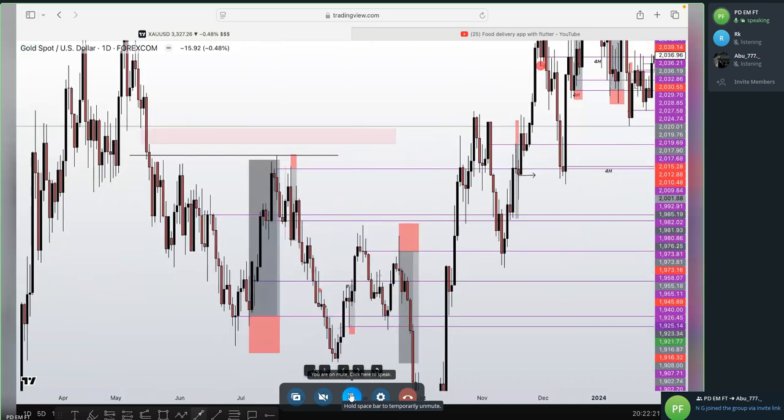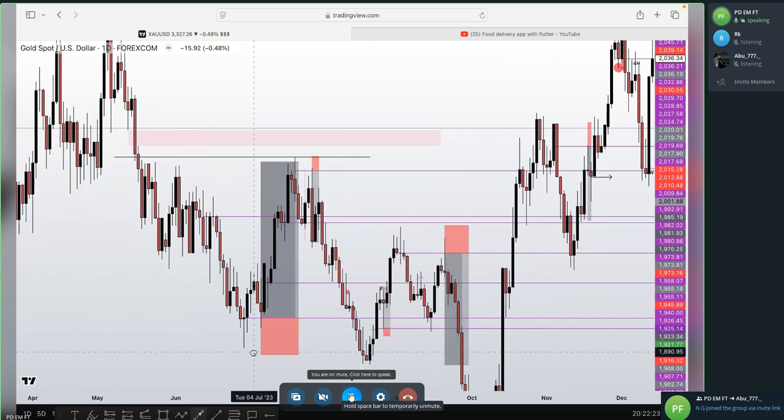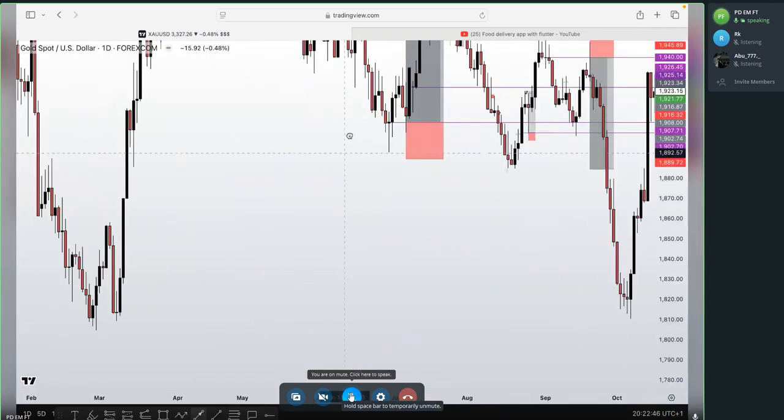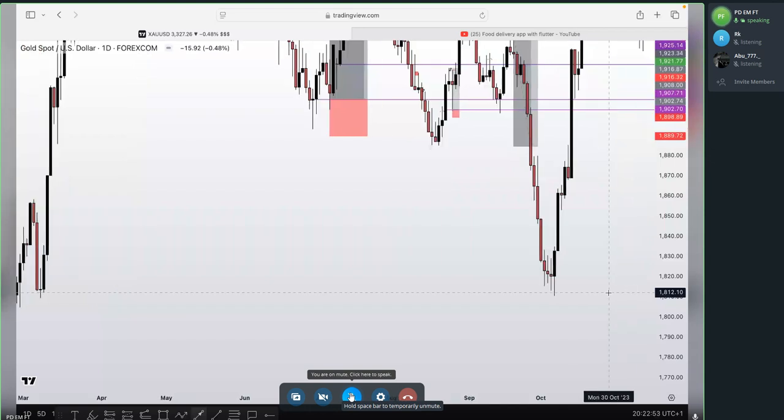This is just basic. You can see in the daily time frame too, we have this doji. You see price come and respect it perfectly. We have this stop loss. We also have this doji, and you can see the entry there. We have our entry. And about the fundamentals,